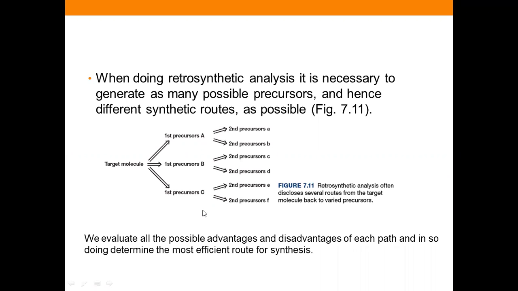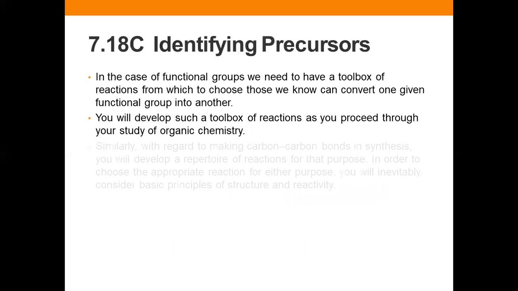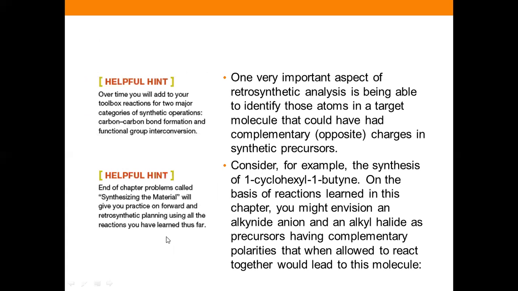And then later, when you really have to manufacture that one, you also have to consider the cost-effective process. And another thing to consider is the length, the time to prepare your target molecule, and how many steps will be involved. Those are the things that will be considered if you really have to proceed with synthesis. So you have to identify your precursor, and one very important aspect